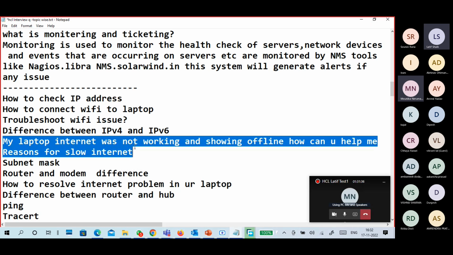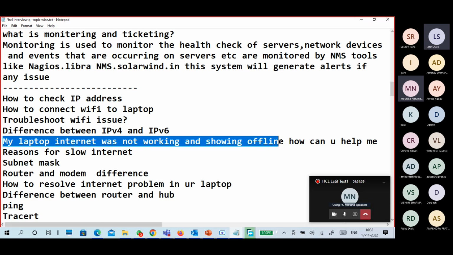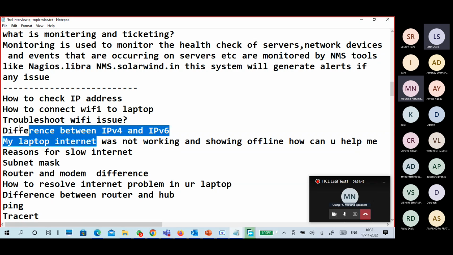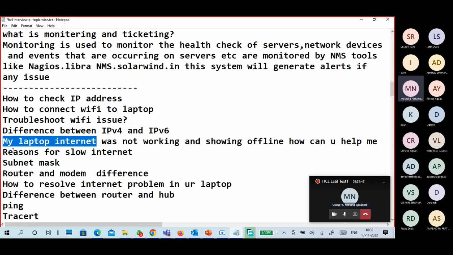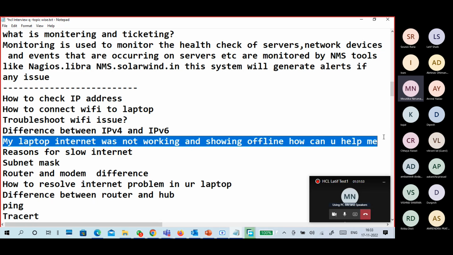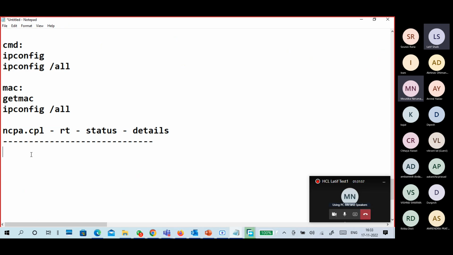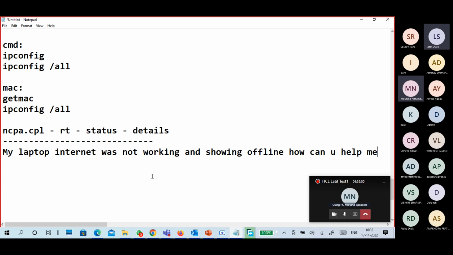Okay. My laptop internet was not working, showing offline. How do you help me? Why is the internet not working? These are previous batch questions, old batch questions.